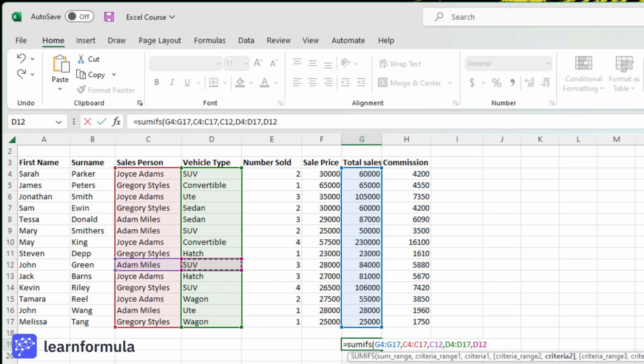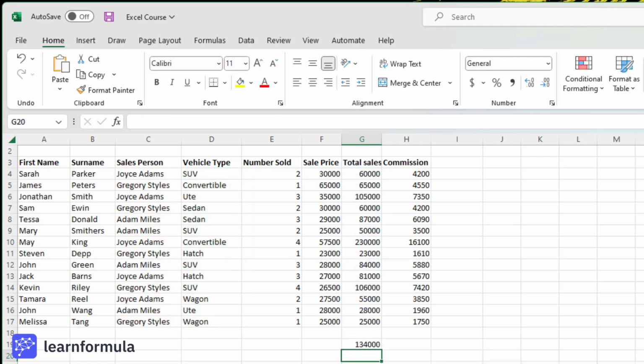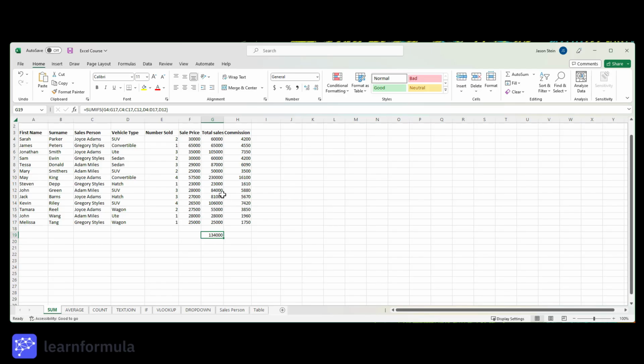I can now have a third criteria, fourth criteria, and so on. I'm going to stop there, close parentheses, enter, and that is 134,000. So that means that Adam Miles has sold $134,000 worth of SUVs, and if I add them up from